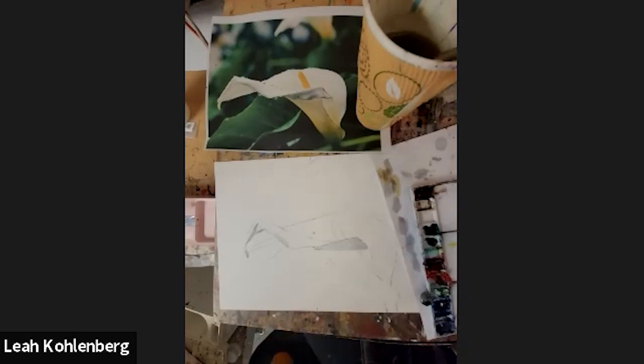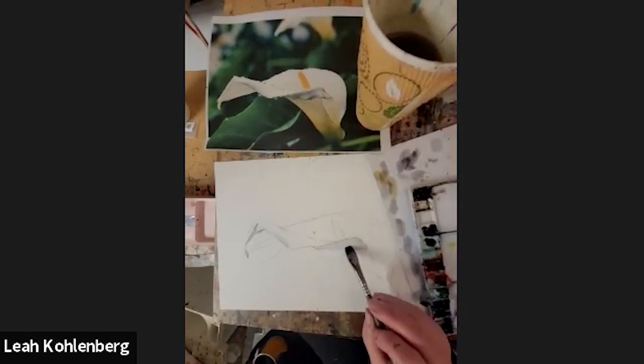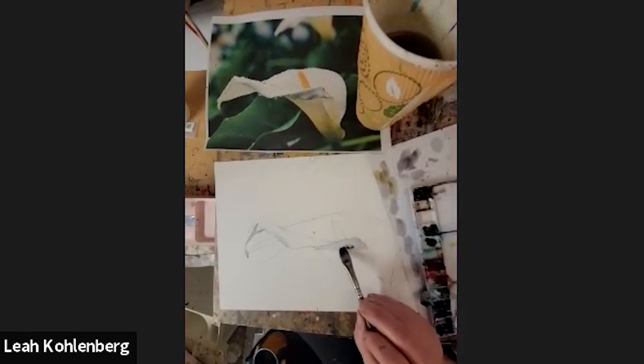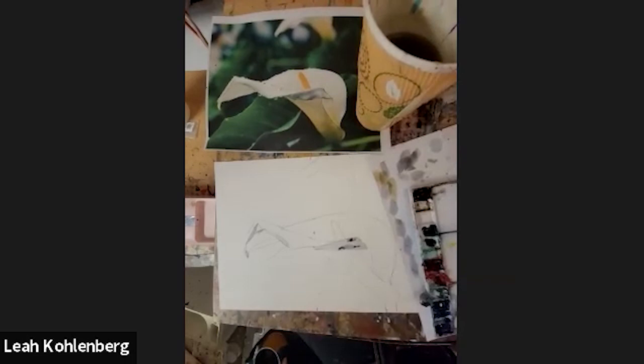Mine looks fairly solid right now, this thing here, but I know that I'm going to go in with a second layer. Might even do that a little bit now. Mixing more color, right? Because there are some kind of neat dark and light variations in here. I don't want to get too anal about it, but